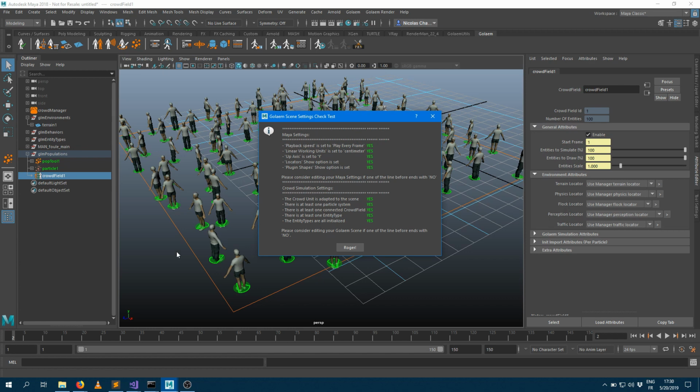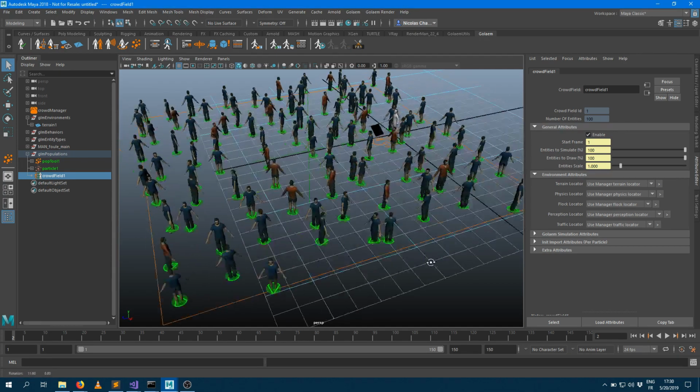As soon as you create a new simulation into your scene, you get more checkers, like is the unit adapted, do you have a particle system, a crowd field. So it's a good way to check what's wrong. And if there is a no somewhere, once again you get a help link to show you what step you may have missed. So okay, I'm kind of happy with that.